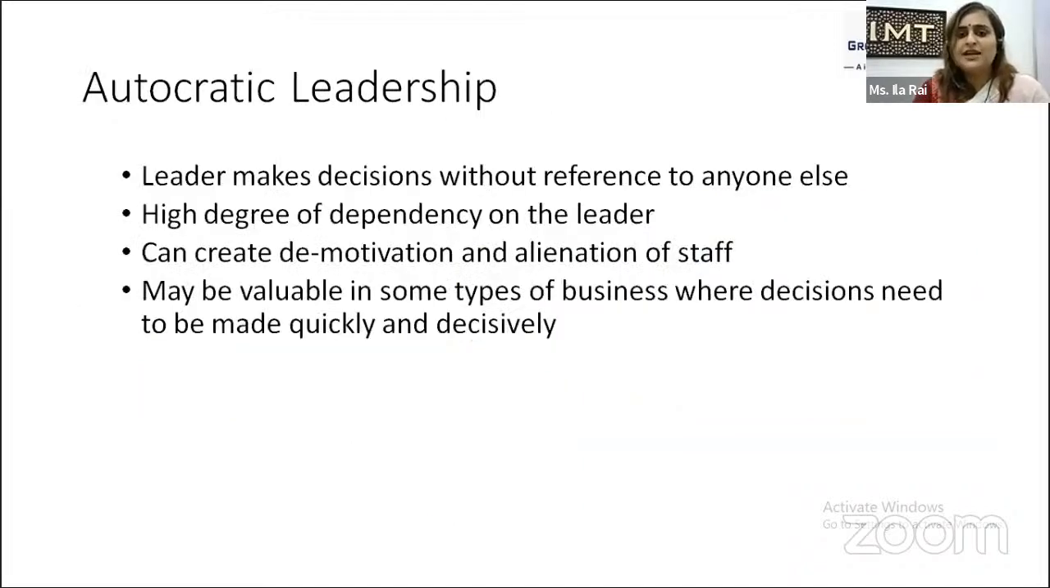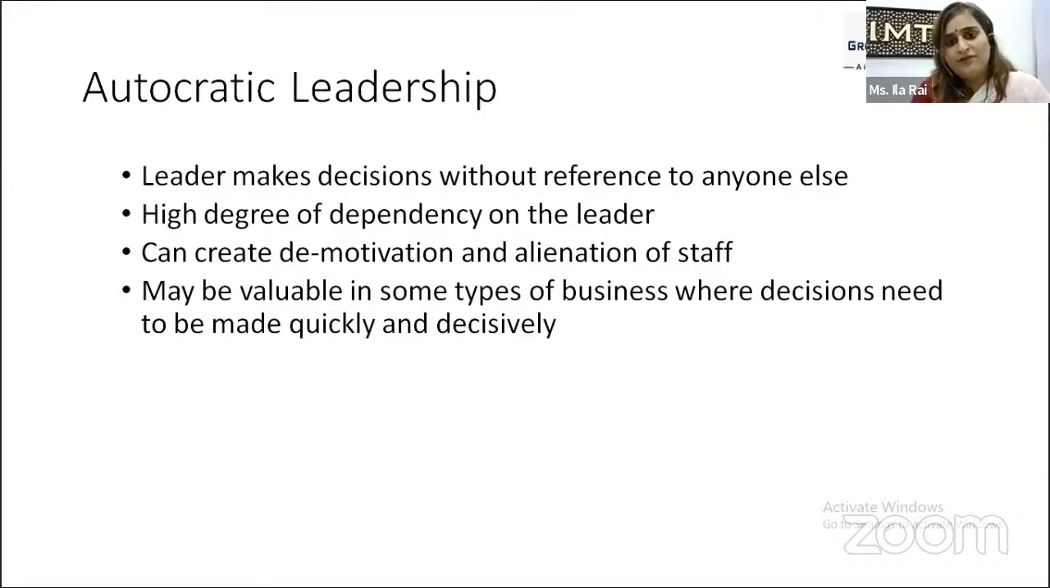Autocratic leadership style refers to the style where leaders make all the decisions without considering anybody else or without taking into consideration the opinion of their followers. So everyone has a very high dependency on the leader to take a decision. This situation can create demotivation and alienation of the staff, because staff feels that nobody hears them